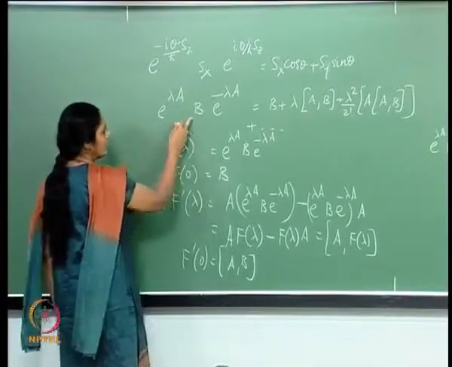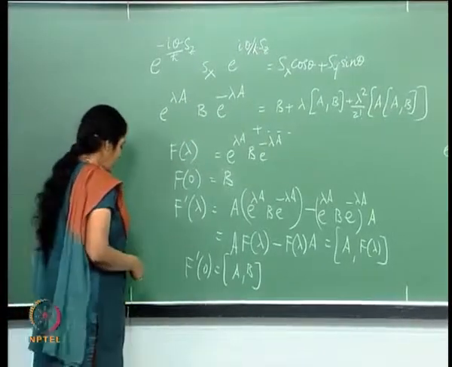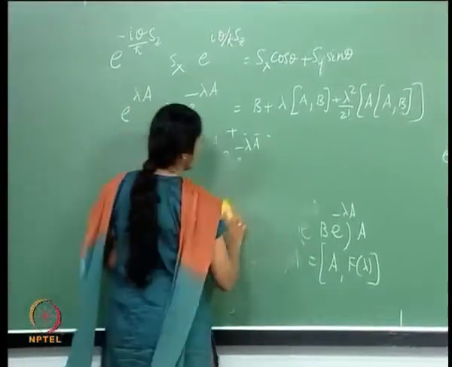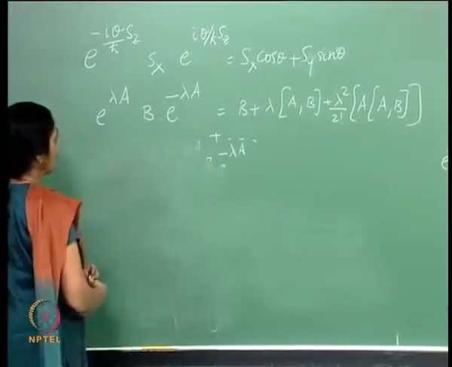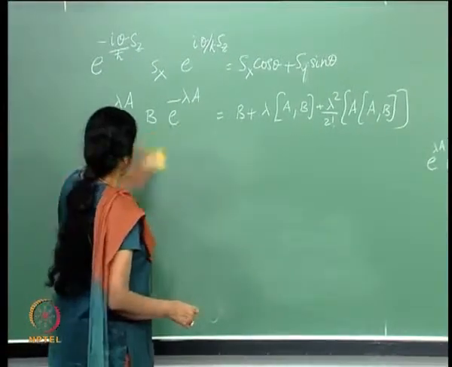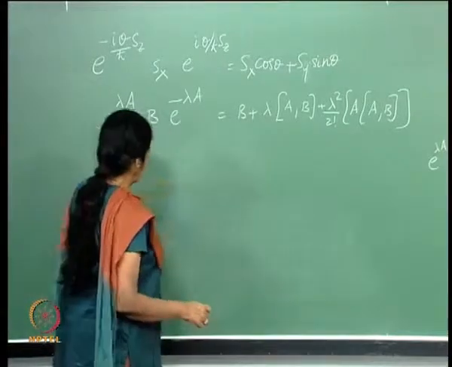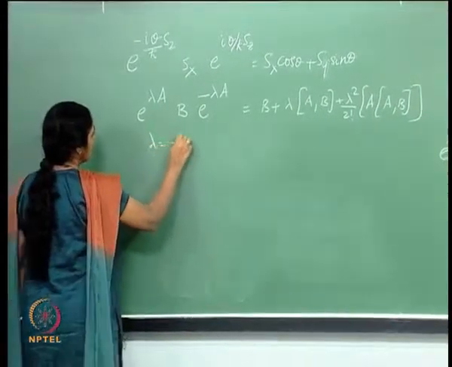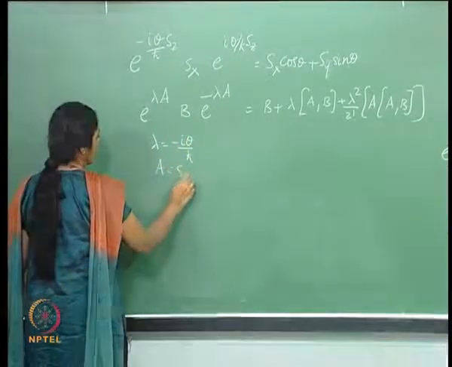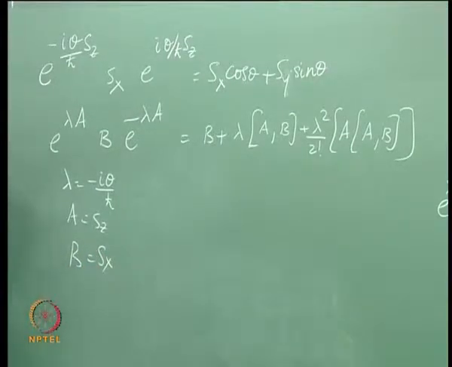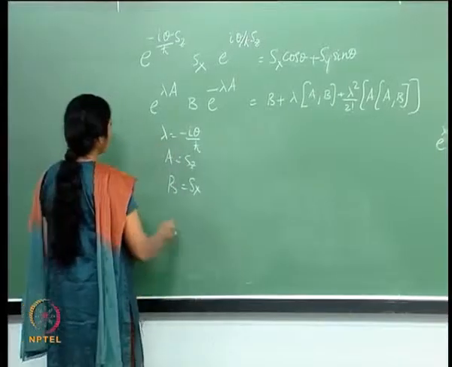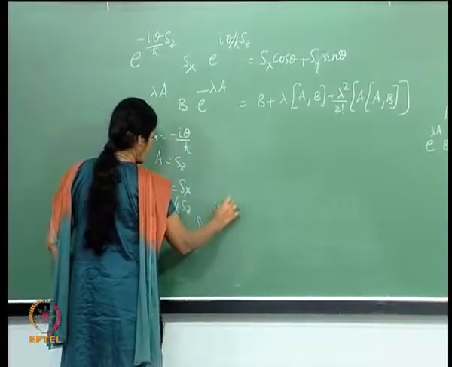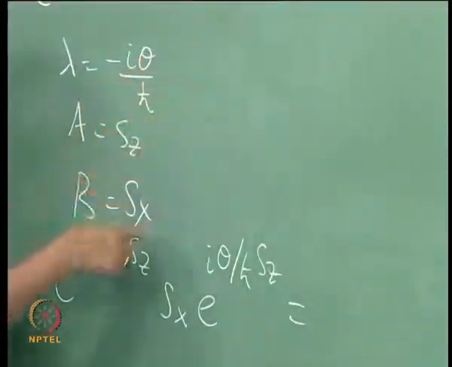Now, I would like to use this identity to establish this relationship. So, let me start with e to the minus i theta by h cross S z, S x, e to the i theta by h cross S z. So, here lambda is minus i theta by h cross, a is S z and b is S x. So, this is what I have. If I now substitute, I have e to the minus i theta by h cross S z S x e to the i theta by h cross S z is equal to b, and b is S x,